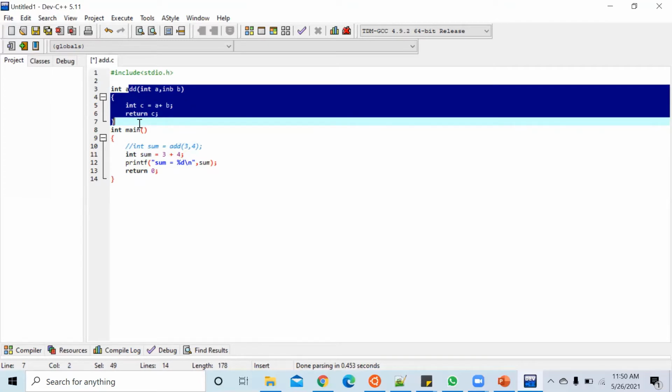Yes, sir. See, till now we have seen only one small code, which is hello world. Consider you have a code where you need to process a lot of things.